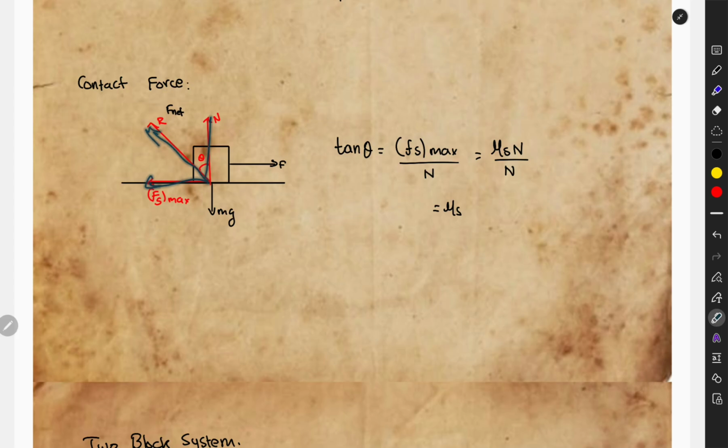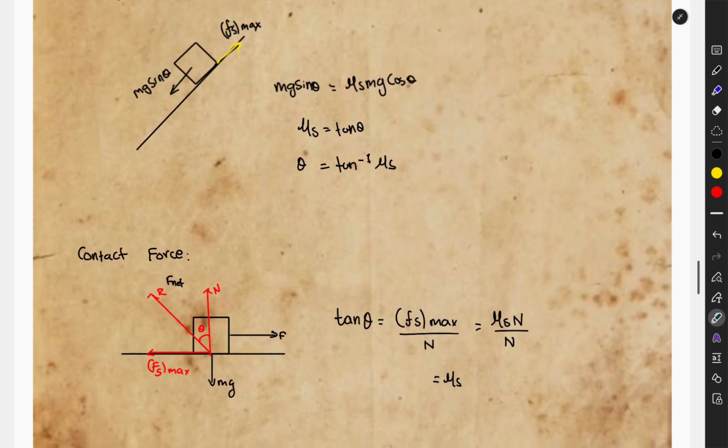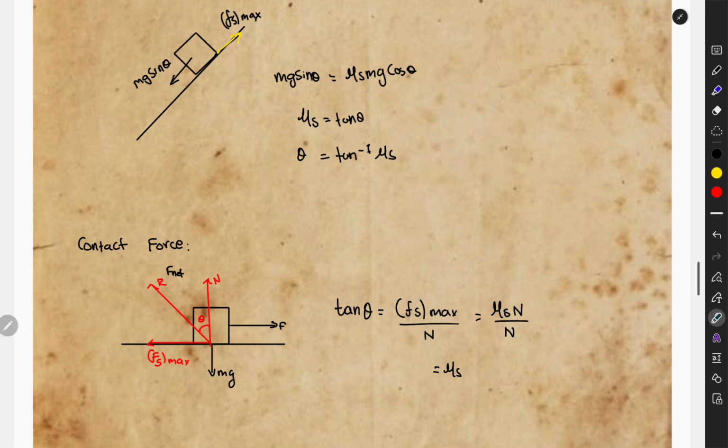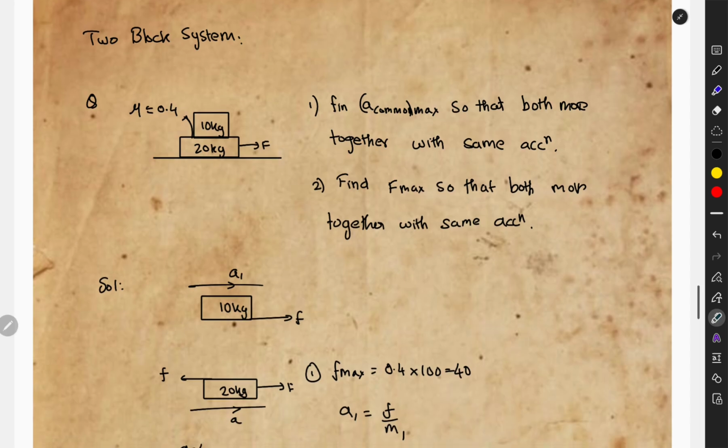So F net will be the vector product of both of these. So you can find it in that way. You can also find the angle of repose for this, right? Which is basically mu naught, mu s. Okay, and then we will be looking at things